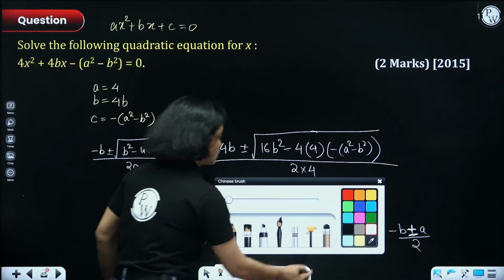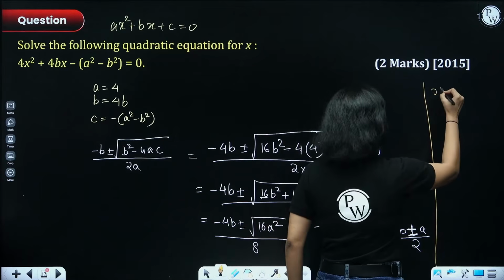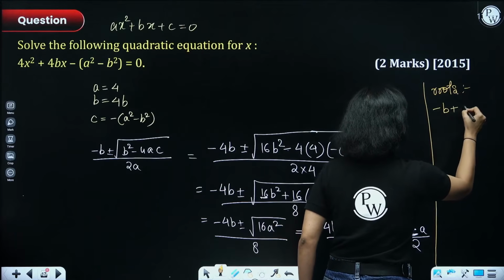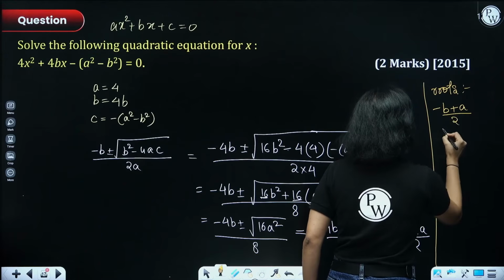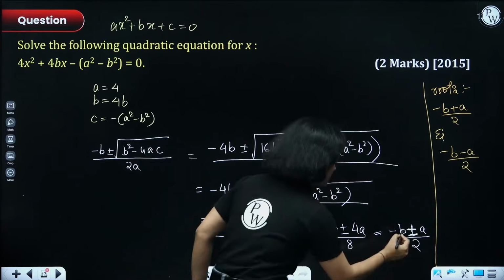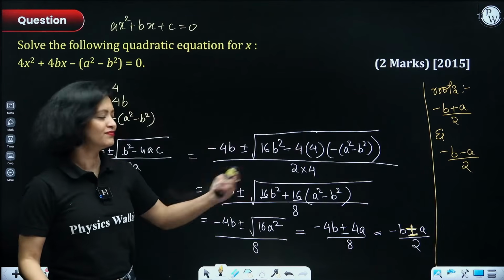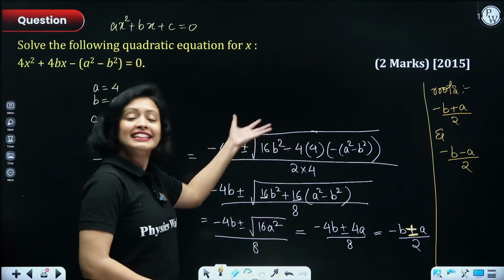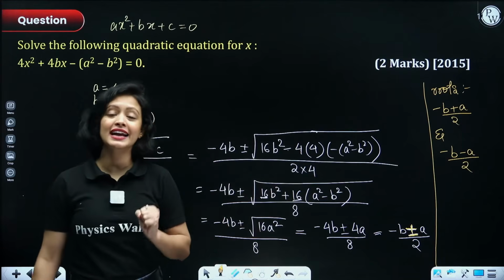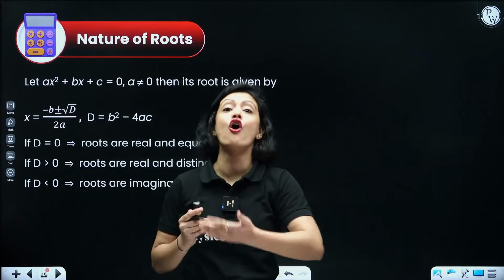Okay, so let me write the roots for all of you people. Yes. So the roots would be minus b plus a divided by 2 and minus b minus a divided by 2. Okay, so this first addition sign and then negative sign. Simple, easy. Okay, so see, this formula made our work so easy. So I hope you understood this. With that, guys, let's move on, and now let us discuss the nature of roots.